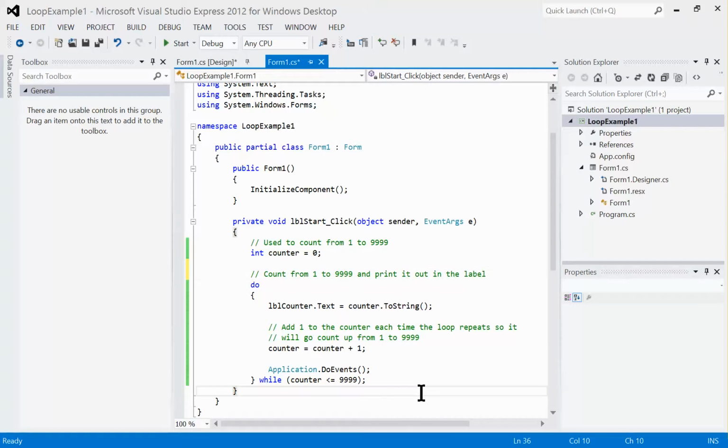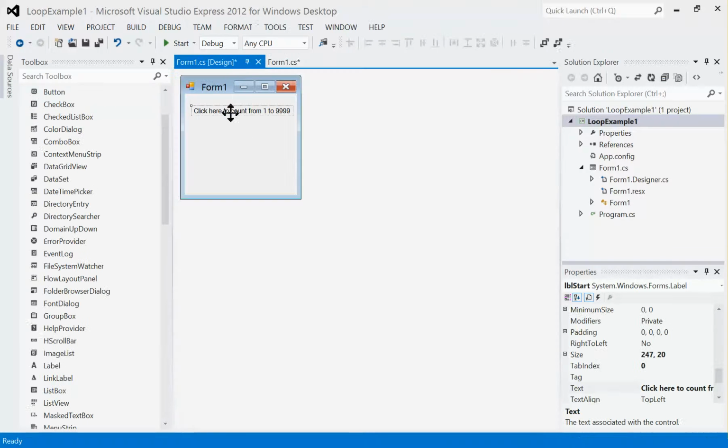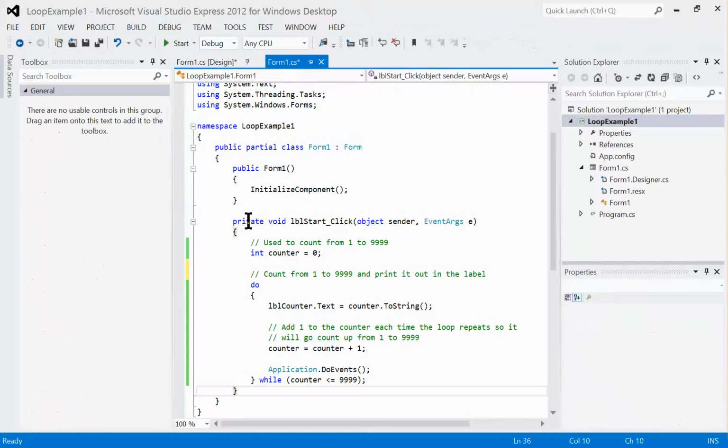The second thing is actually that it doesn't really count from 1 to 9,999. So let's go over the code here. Whenever I click on my button, it's going to jump into this subprogram. And the first thing that it does is that it sets counter to equal 0. Then it prints out in the label